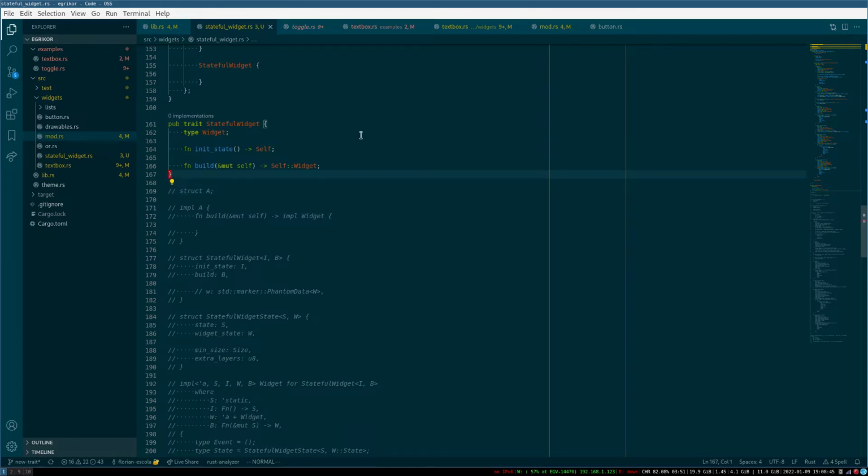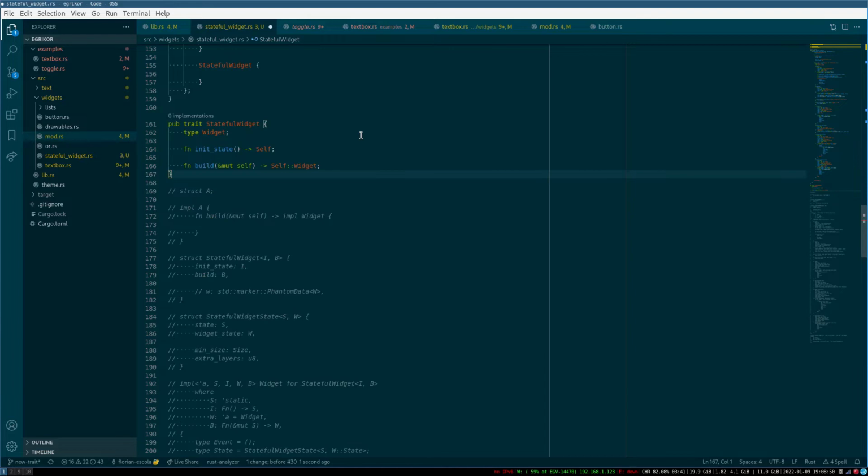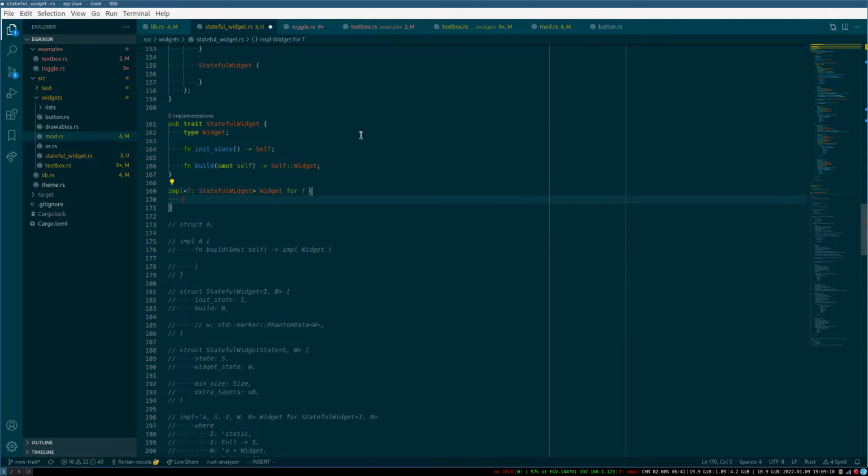So one option here, nope, would be to just not have the struct, and just impl widget for t, which is a stateful widget, just impl widget for t. Now the issue with that is there can't be any additional state, and